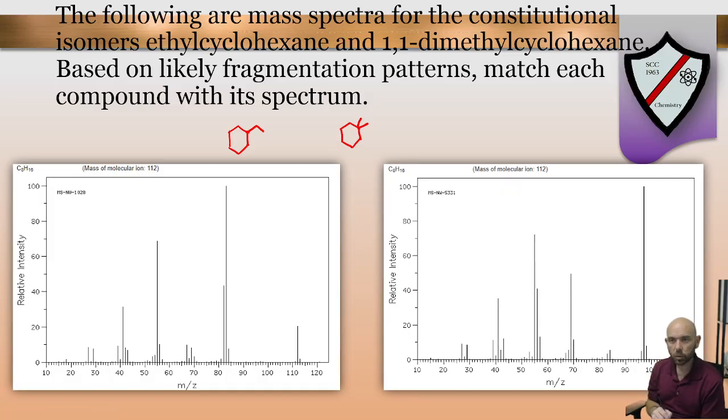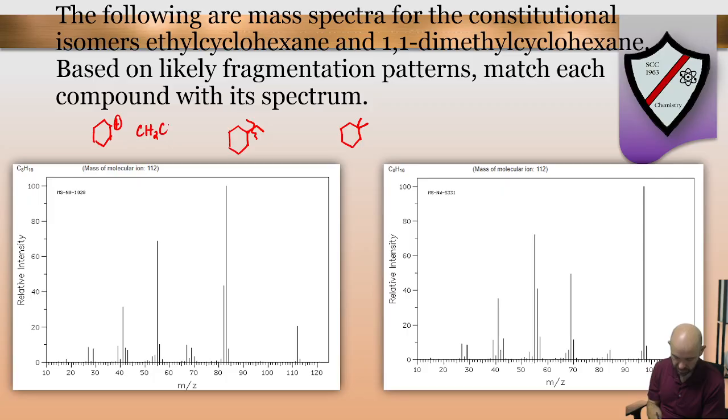So just quickly surveying these structures, I would say the most likely fragmentation pattern for ethyl cyclohexane would sever that bond, which would result in an ethyl radical and a secondary carbocation,